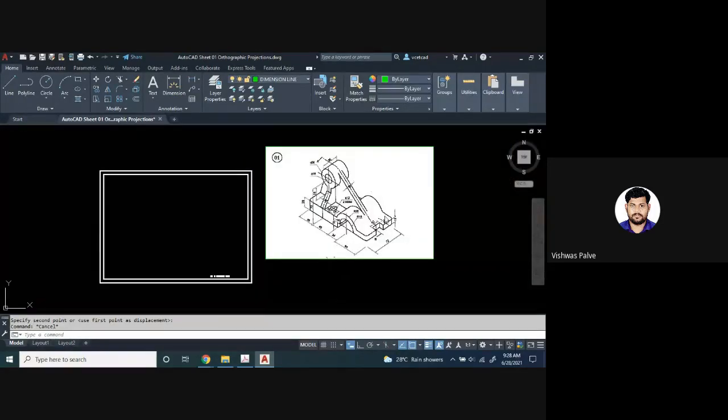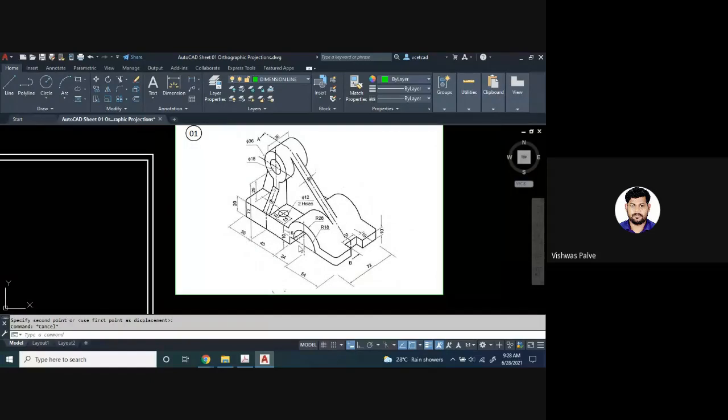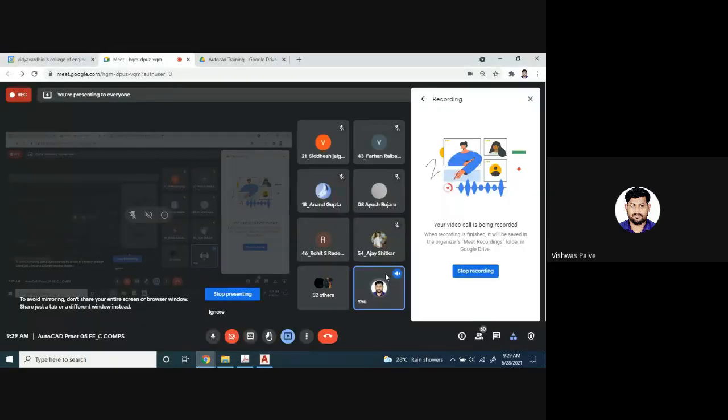Okay, can anyone tell me the maximum length, width, height of this problem? Yes, please calculate the maximum. You can take a pen and paper along with you so that we'll do the calculation and simultaneously we'll start our drawing. Yes, calculate the maximum length. How much is the maximum length? Can anyone? Maximum length for this problem. No reply. What happened? Please unmute yourself and respond.